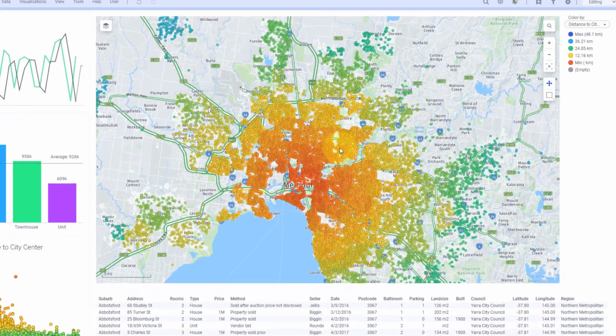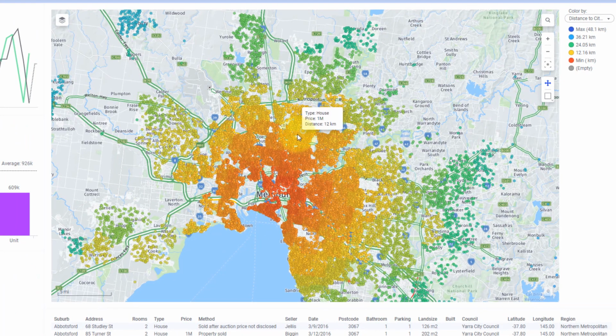Today I'm going to show you how to calculate distances between the data you have on a Spotfire map and a reference point. Today I'm going to show you two examples. The first example shows these housing prices in Australia. As I hover over this, you can see in the bottom of the tooltip a distance, and all of these are calculated with a distance towards the center of the city. The farther the values are from the center, the more blue they are, the closer they are, the more red